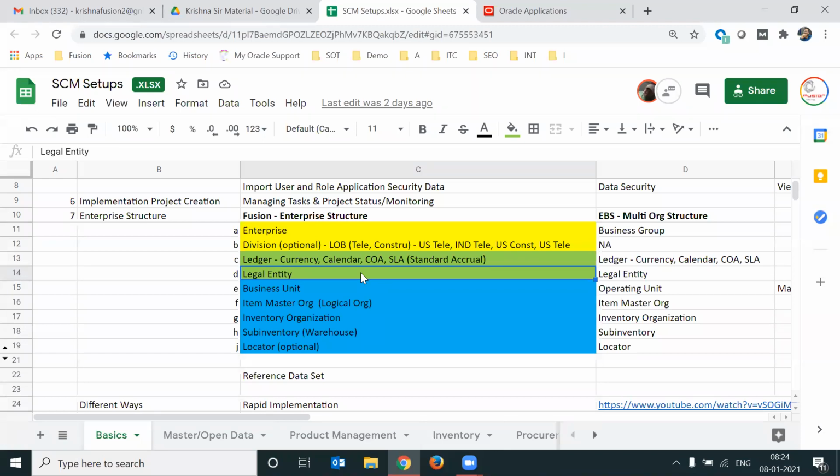So the legal entity is specific to the line of business and specific to the country that you are operating in. If you take the Aurobindo example, two legal companies means two legal entities. Suppose Aurobindo also has operations in the US, that would again be two legal entities, because legal entities are specific to the line of business and country.